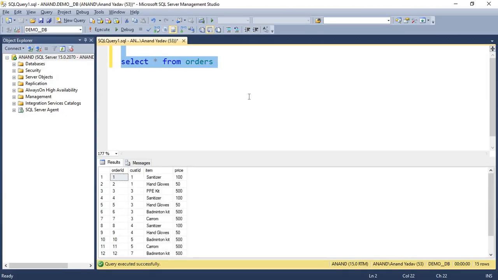This is our orders table, and we name it with the alias O1. Let me select all fields, and the output that we derive with the subquery we name as total amount spent by customer.